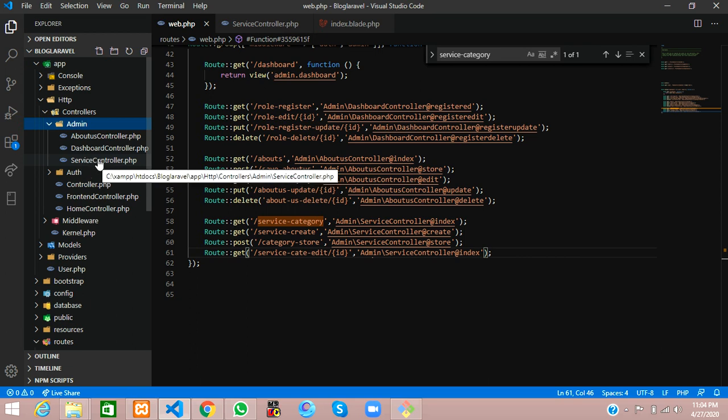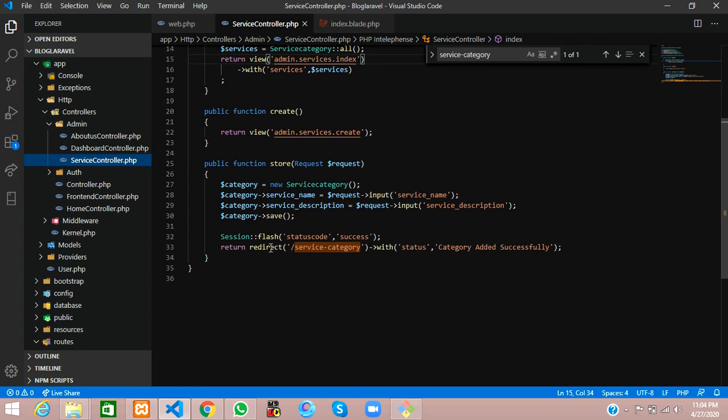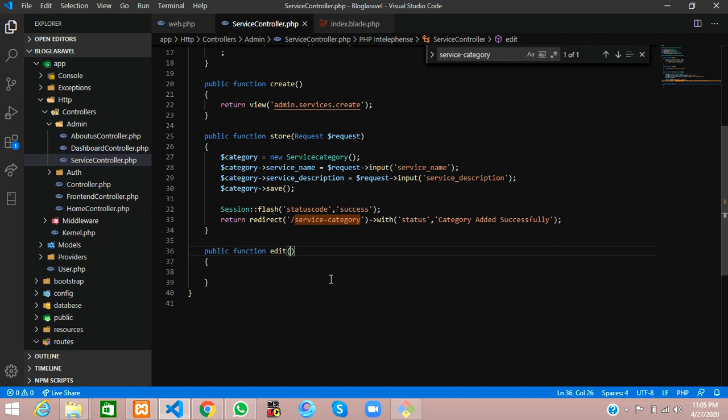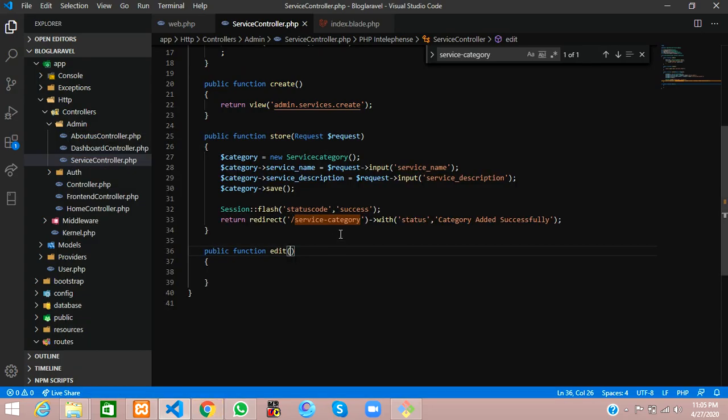How I made the service controller, you should watch part 1 of the category. There you can understand how we made this controller. So over there I'm linking this and then going to edit, the edit function. Let's type here and copy this edit, and go to our service controller. Over there you have to create a function, or a method: public function edit. When you are getting an ID using this route URL tag, you can access it over here.